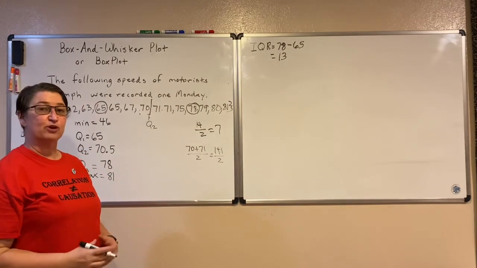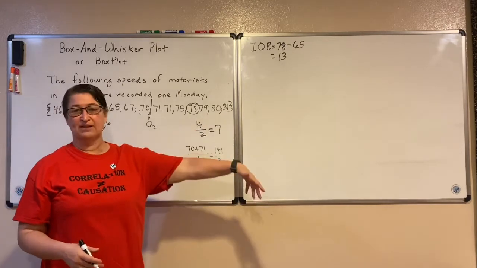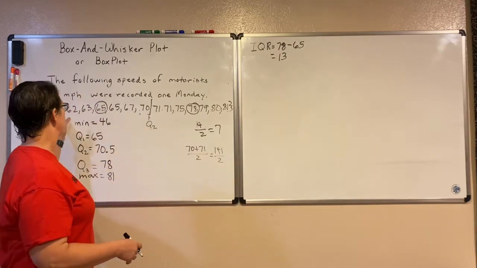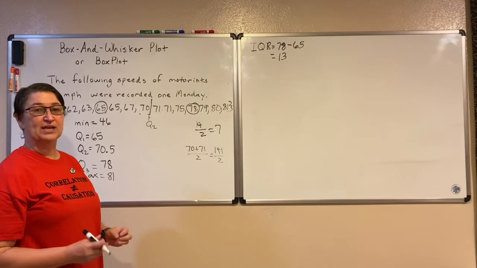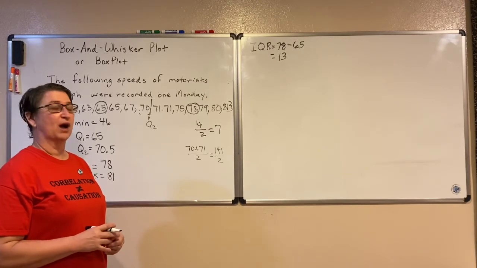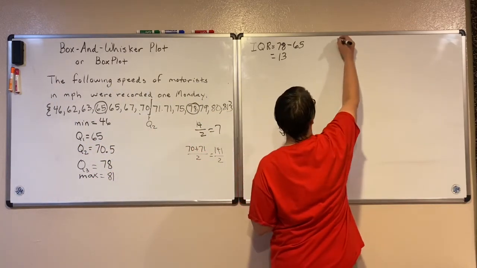Now I'm going to check for any outliers. Is there anybody out there who was going too fast, so fast that we're not going to include him on our box plot? Or is anybody going too slow, so slow that we're not going to include them on the box plot? I need to find those outliers to know if everybody gets included in this box plot or not. To find the outliers, I look for